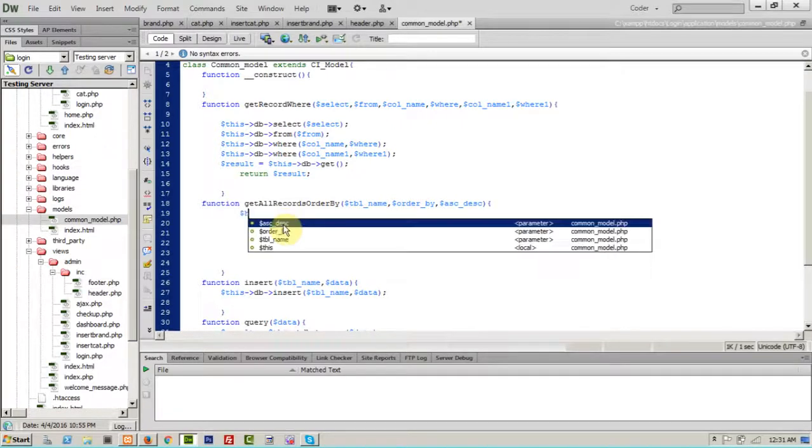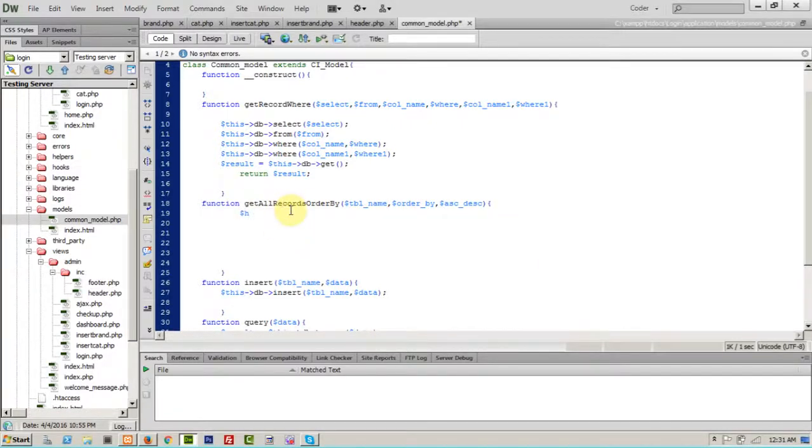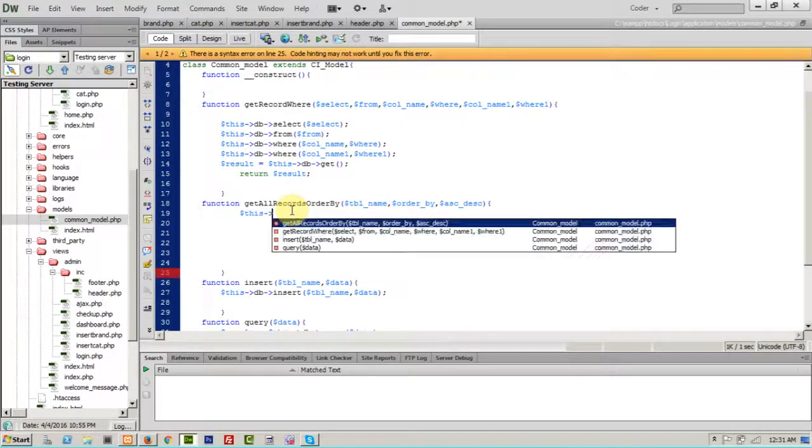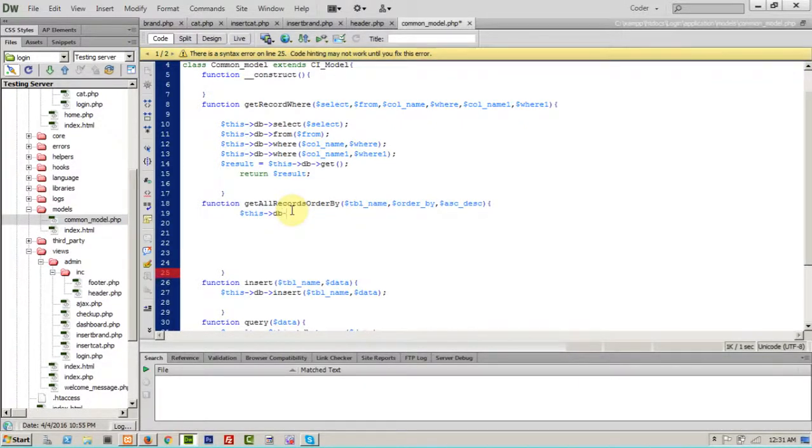I think let me write it. This db select all,